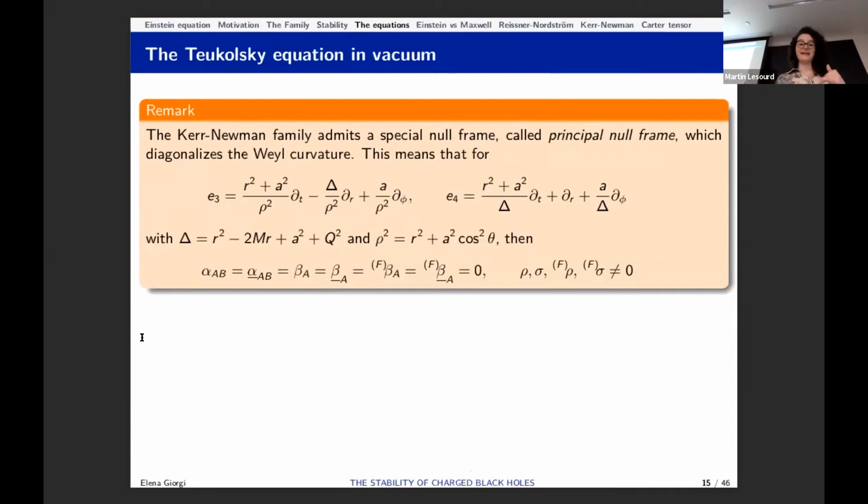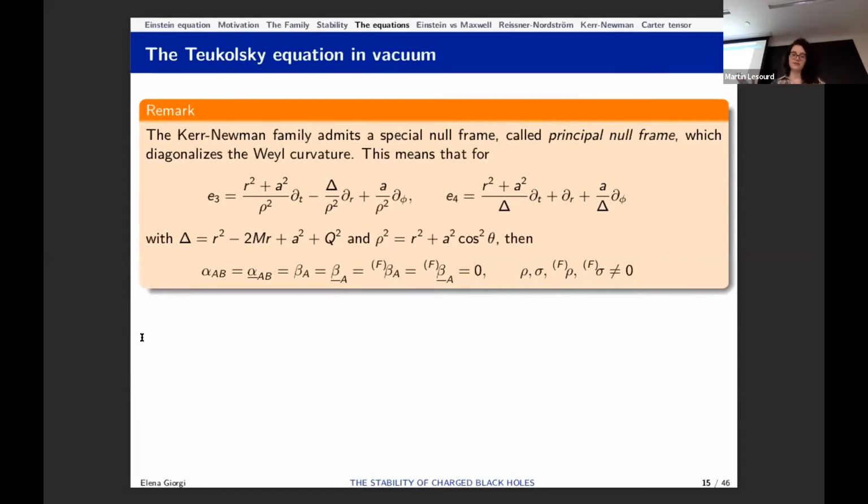Just as a reminder, why do we use such a long formalism and so many Greek letters and so many equations to do all this? Why don't we use coordinates, for example? Well, at least the way I motivate myself to do all these computations, there is one very good reason, that is that the Kerr-Newman family admits a special null frame,